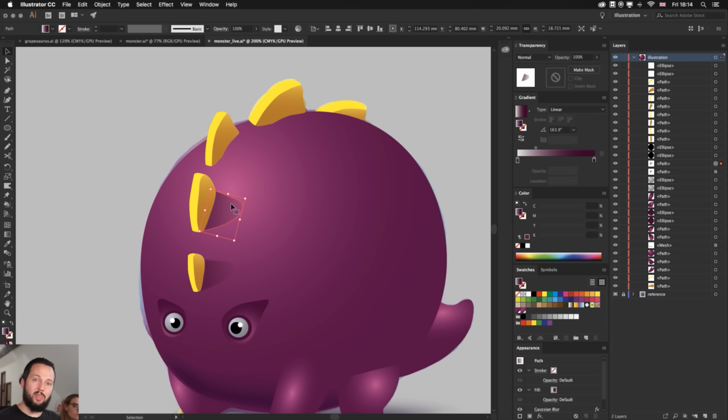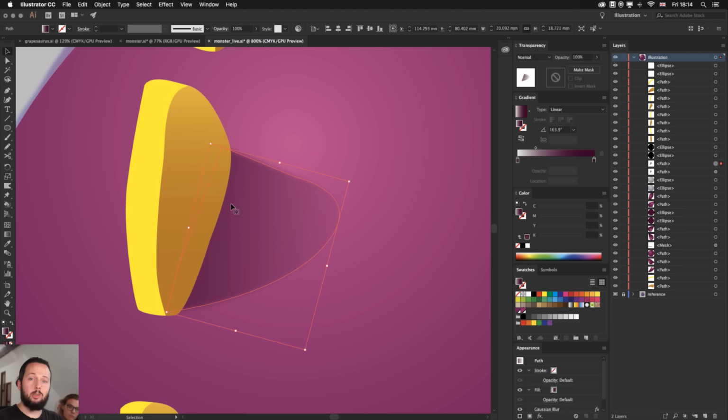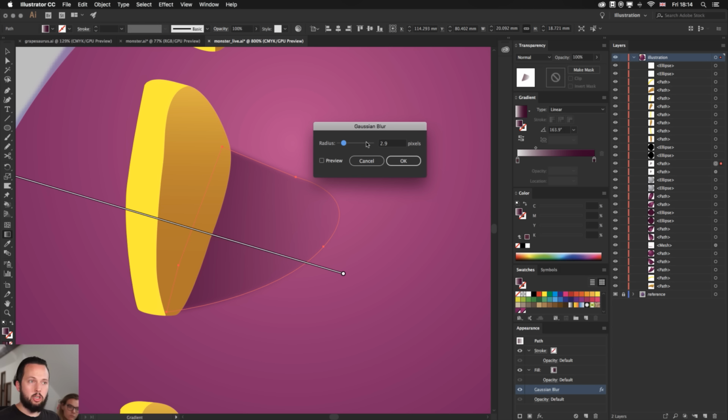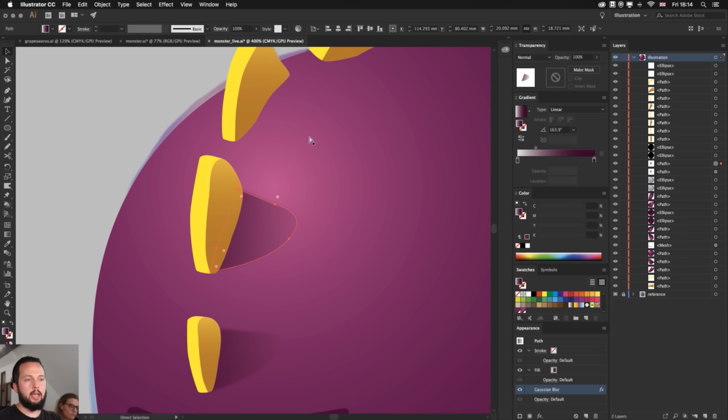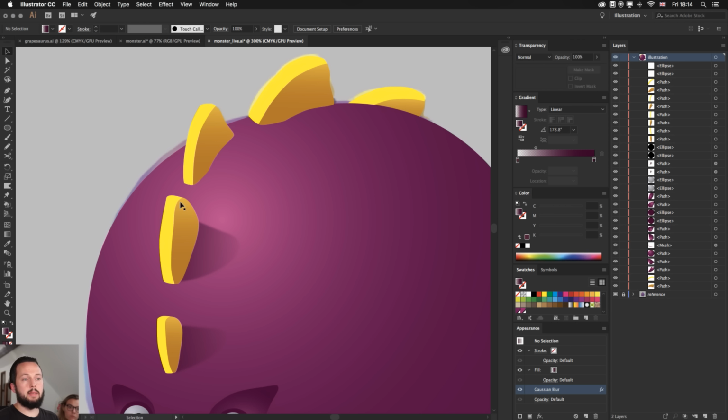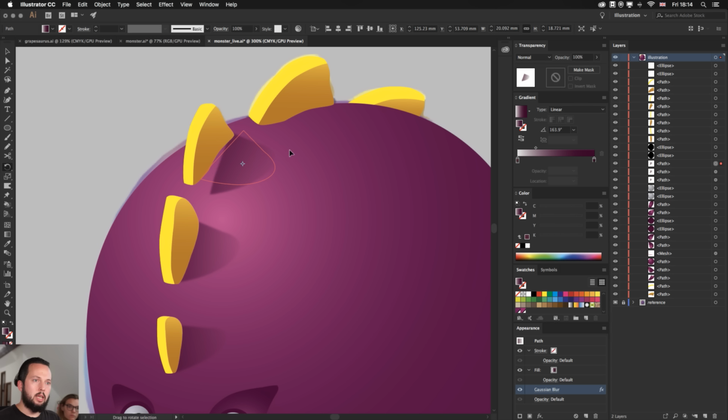But of course, everything is non-destructive in Illustrator, which means I can go there and individually refine my gradient, or even using the appearance panel, we can click on the Gaussian blur and change the amount. So if I feel like I need more blur on this, I can, or I can just leave it the same as is. Now I'm going to duplicate this one more time, rotate, align, that's it.